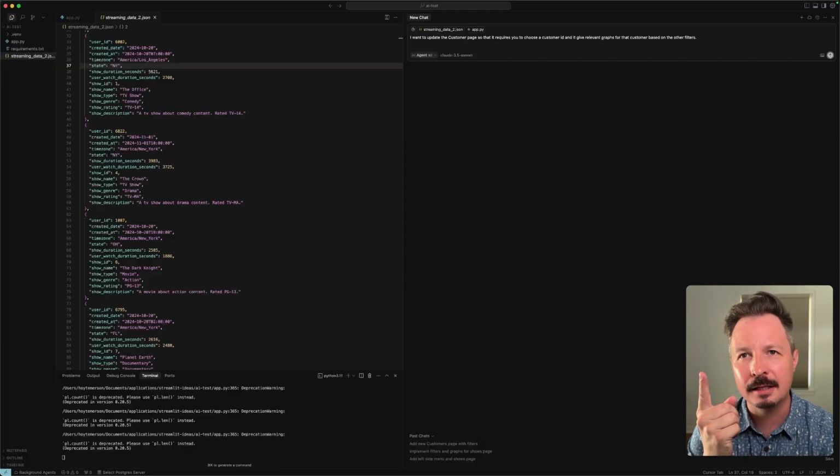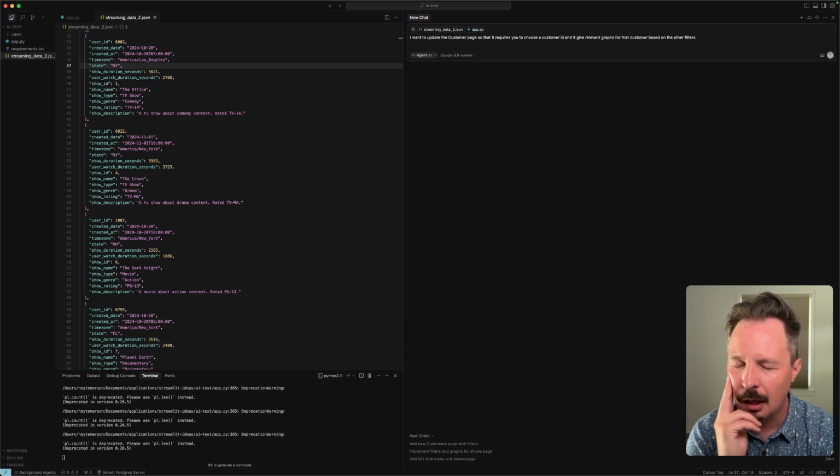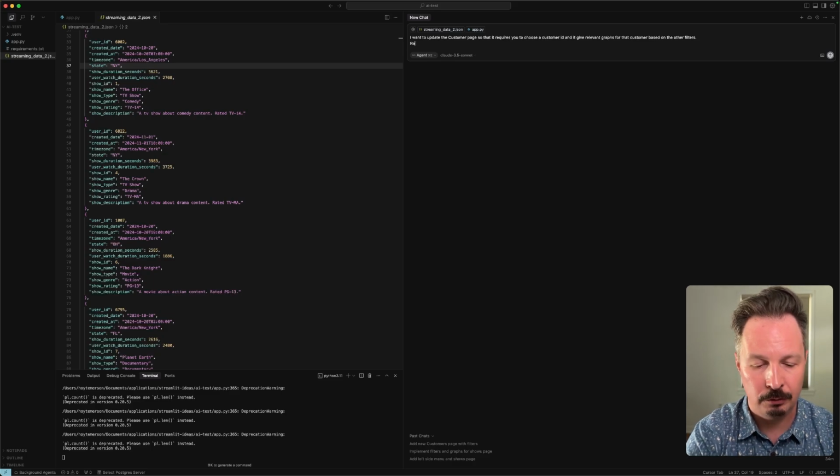So one thing I'm thinking about with this customer page is, hey, let's actually make it where you pick a customer. Maybe you pick an ID or you pick a graph. Sorry, not a graph, but where you pick another filter. It's either going to be a user ID you'll select or you can pick a group. But I think we should replace the current,